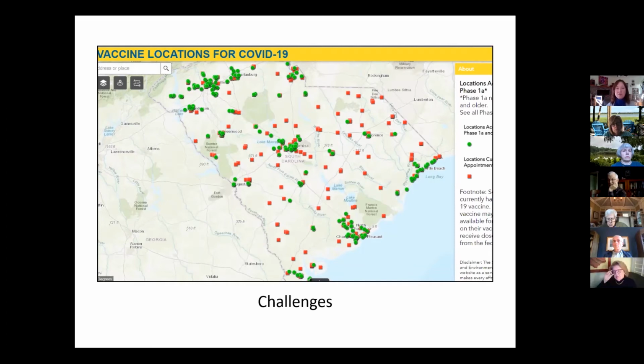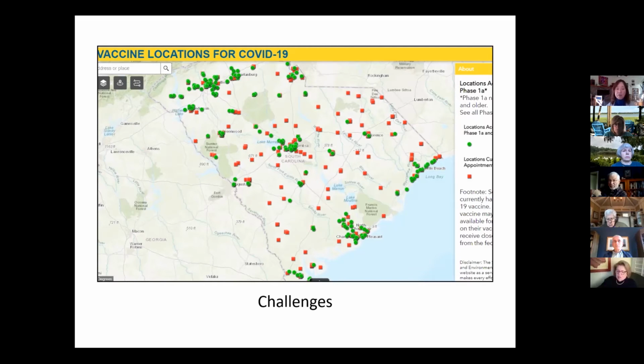The red ones are the ones that are eligible to receive vaccine, but we haven't gotten vaccine to them yet, solely because we don't have enough to go around. When you use this map, you can click on one of those green dots, and it will show you the website, the web link for that facility. So you click on a green dot and it says CVS Pharmacy. You can then go to that website and follow their instructions to make an appointment for vaccine.